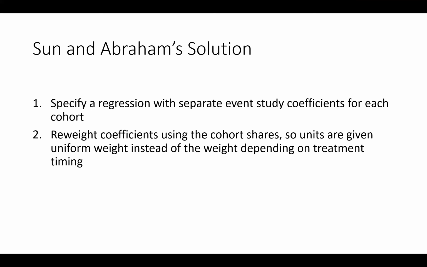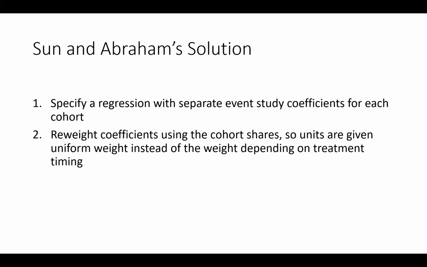Okay, so Sun and Abraham find this issue, but they actually propose a solution to it too, which is really nice. So essentially what they do is, and I apologize for not putting the event study regression equation, I need to add that in, but basically, rather than just having the event study with a single coefficient for each relative time period in the event, like one coefficient for this, one for this, one for this, they add a bunch of parameters,